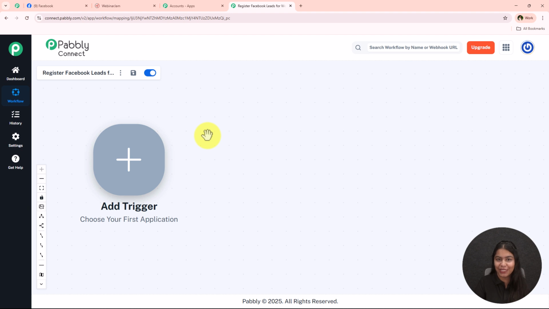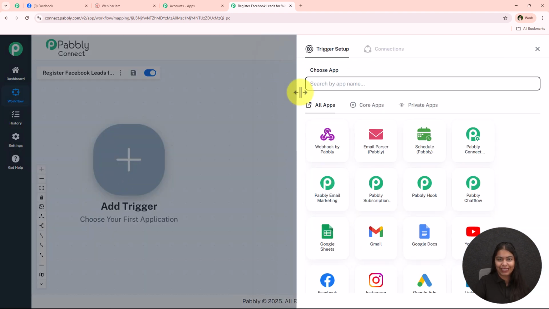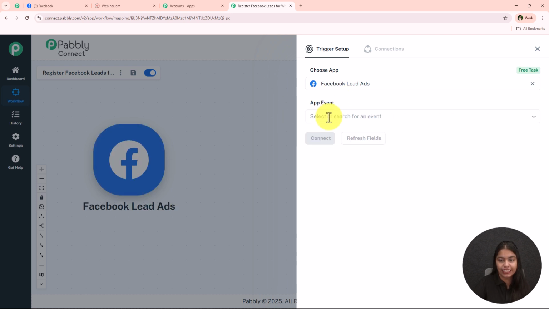Alright, so I'm just going to do the same. I'm going to go towards this add trigger right over here to add my trigger application. For my trigger application, I'm just going to simply select Facebook lead ads, because I offer a free webinar session to all my leads from Facebook. So yes, I'm just going to search for Facebook lead ads and select it. And now for the trigger event, I'm just going to select new lead instant and click on